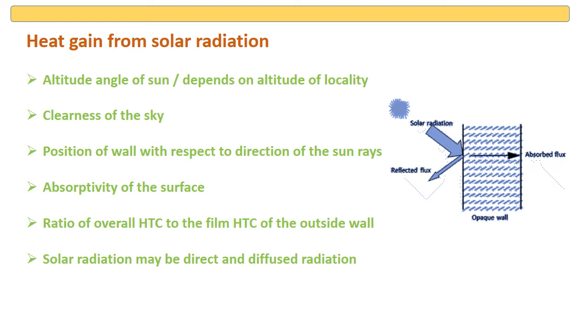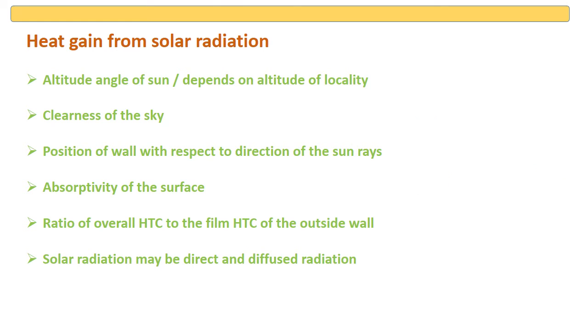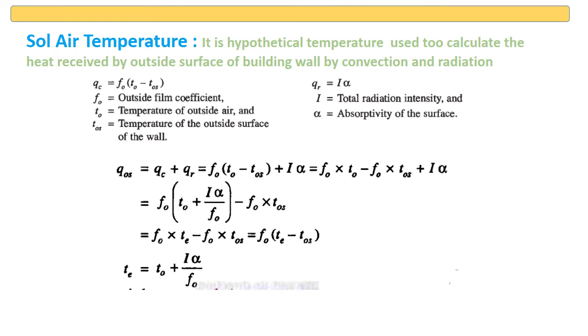Solar radiation may be direct or diffuse. Direct means it is directly falling on the wall. Diffuse means the solar intensity outside is high, but the rays are not directly falling on it; through some other means, the heat gets transferred to the ambient and then comes onto the wall, or you can say radiation. This is an important factor generally considered while calculating the solar cooling load.